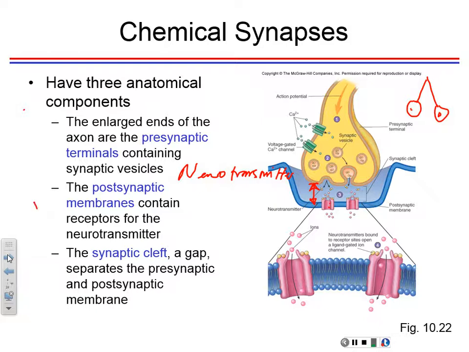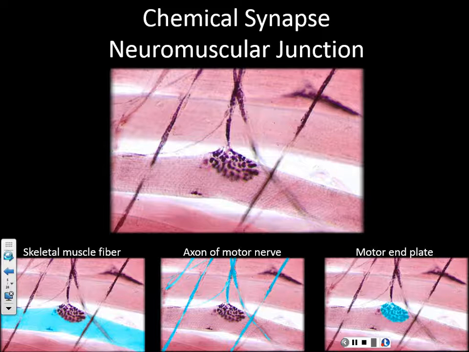So we get the membranes, postsynaptic and presynaptic. The postsynaptic membrane is the one that carries the motor end plate. That's where you have the neurotransmitter receptors. And then the synaptic cleft is the physical gap. None of this is very new. We already know about this. Presynaptic and postsynaptic are intuitive. They just tell you before the synapse and after the synapse.